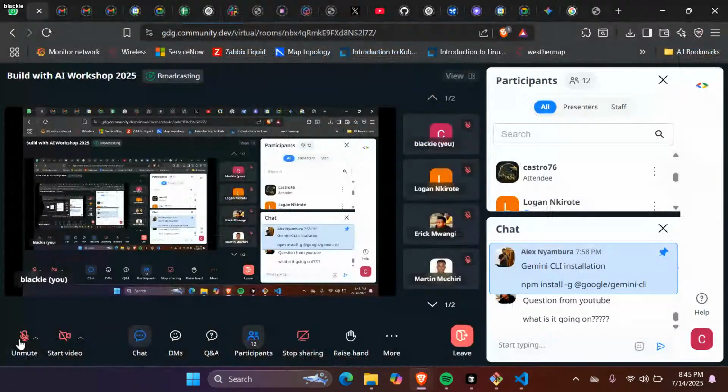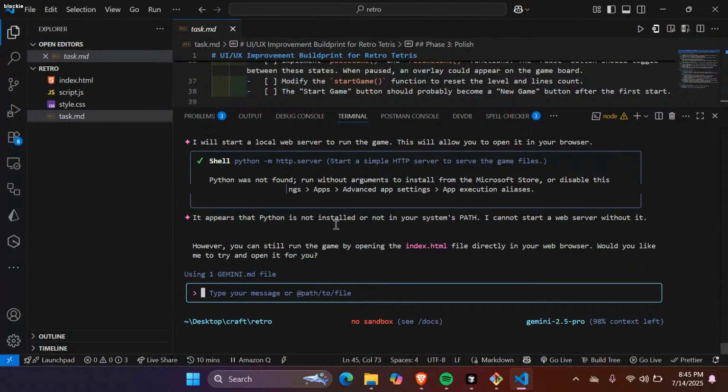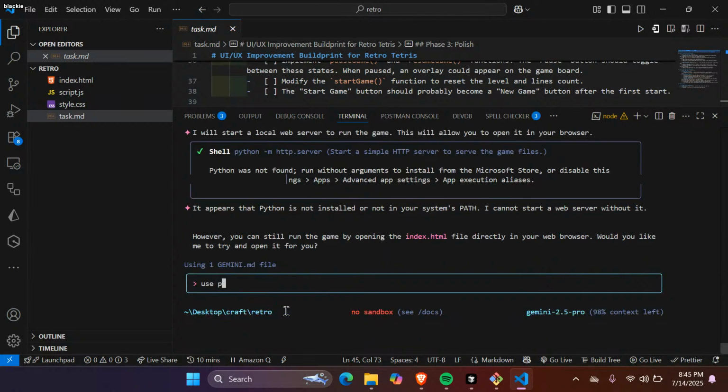I want to see in what way it will run the game. What has it done? Use py.